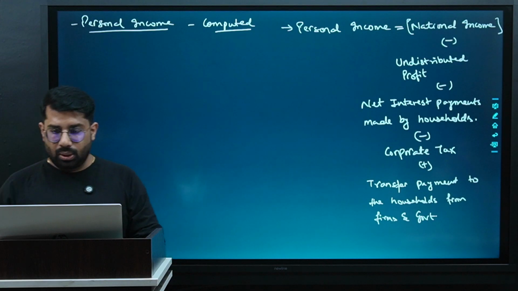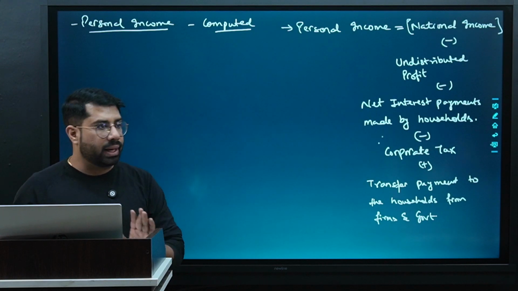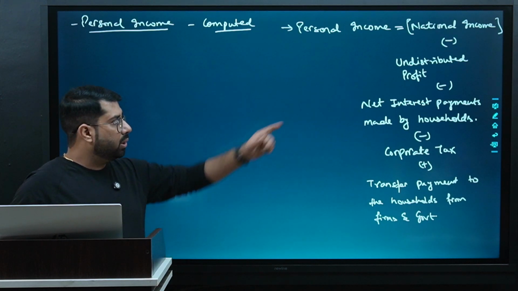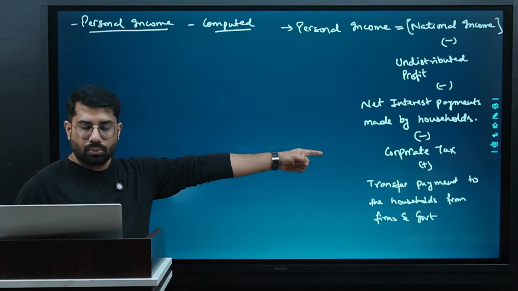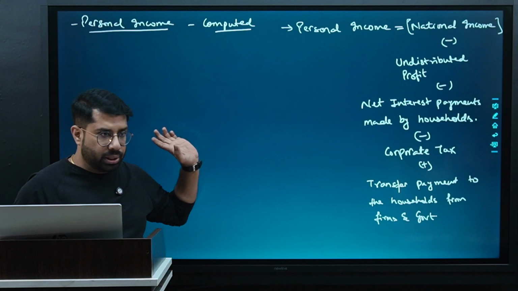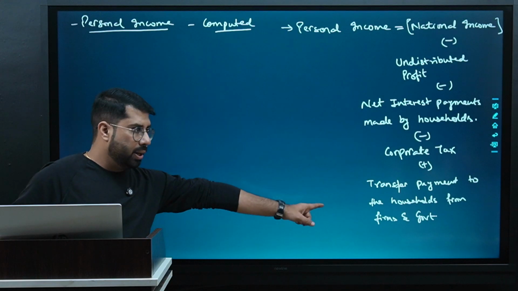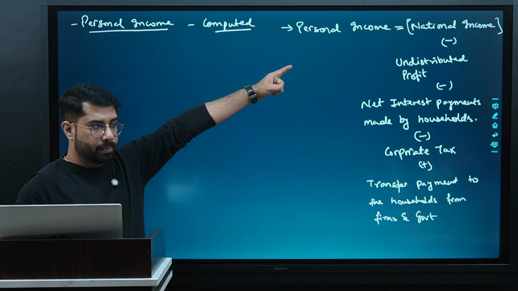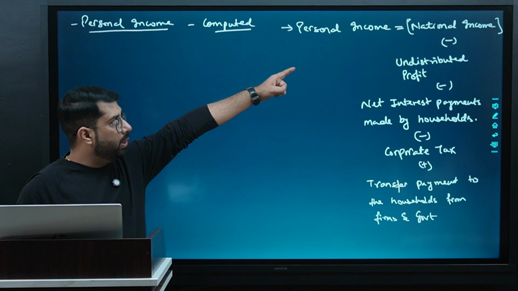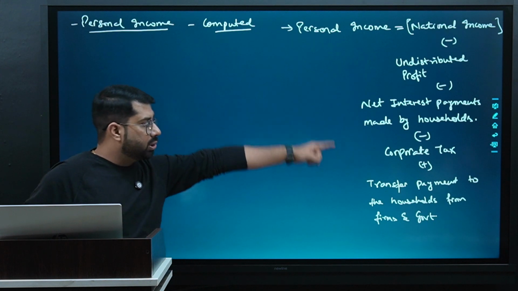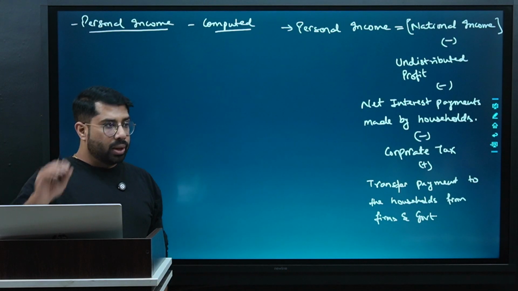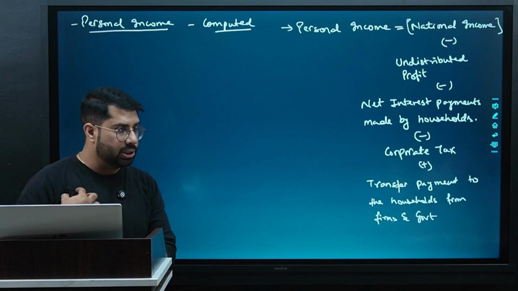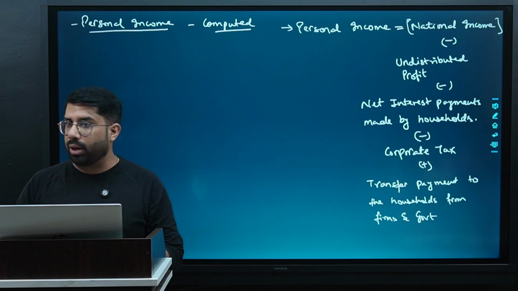Good. Next, corporate tax. This is the direct tax paid by the firms. Correct? So these are the three expenses which the household is not receiving from the national income. When you deduct these three expenses, you will get factor payment to the households. Whatever money households will receive, that will be the remaining part of the national income after deducting these three items. Fourth item says here in personal income, what is personal income? My income, how much money I have received. So NIA says whenever you calculate personal income